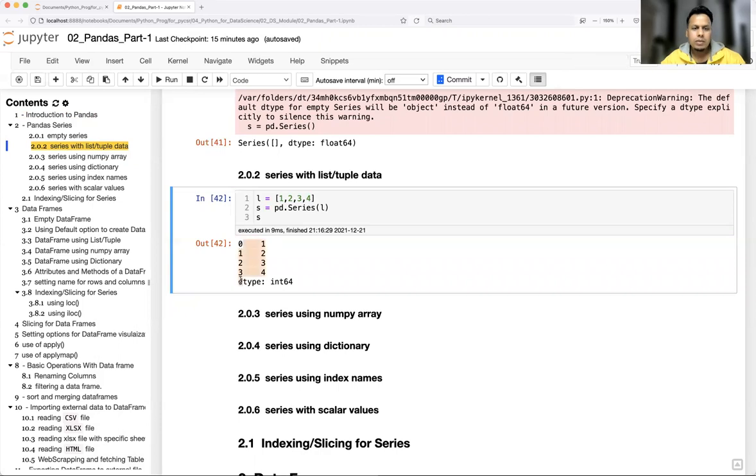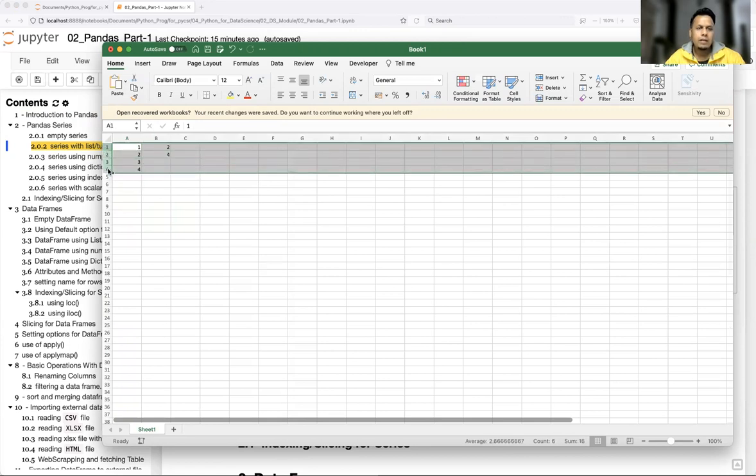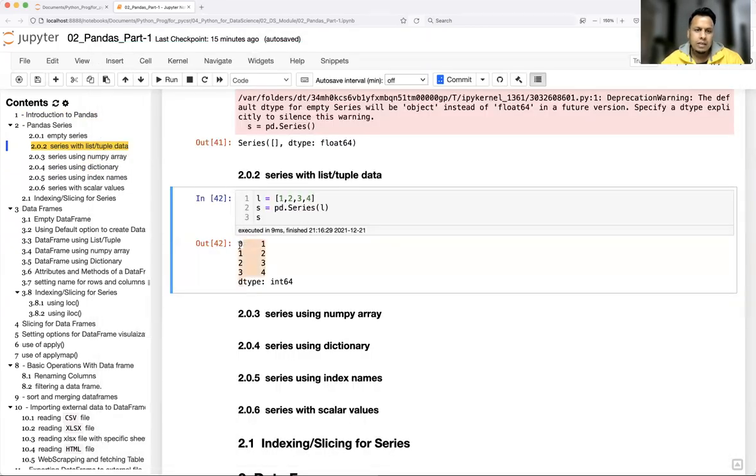So what about these 0, 1, 2, 3? From where are they coming? So guys, this is nothing but your row header. In Python we start with 0, right? That's why it is taking from that. I'll just put 1, 2, 3, and 4. You see these series values have some row header, a row name, that is nothing but row number 1, 2, 3, 4. But in an Excel sheet it starts from 1, while in Python it always starts from 0. So in case you are not defining any row header name, then by default it is going to start from 0 to n minus 1, that is the length of the values.